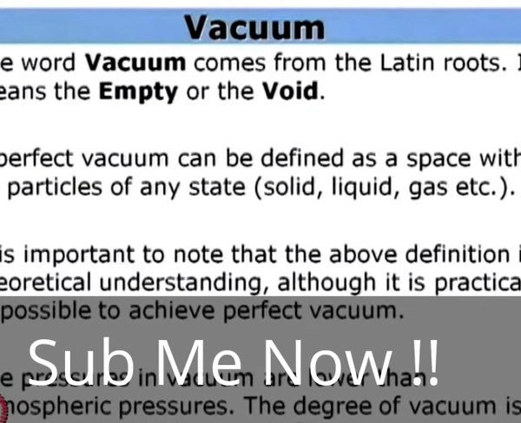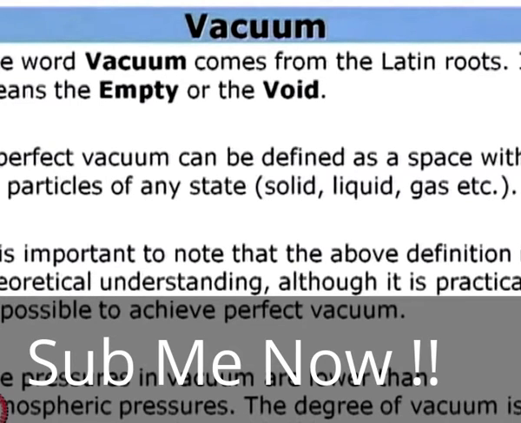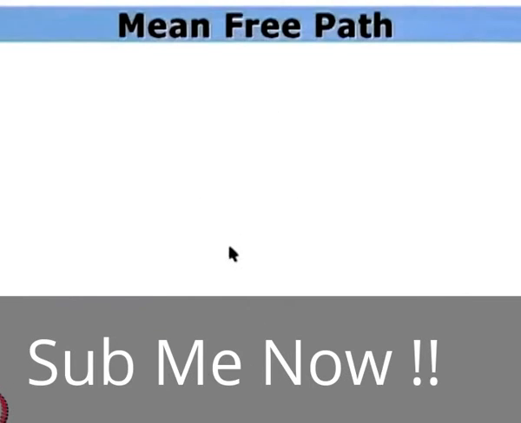The degree of vacuum is decided by the mean free path. We have touched upon lambda, the mean free path, in the earlier lecture also, and depending on the value of this mean free path, we have got different degrees of vacuum. Before that, let us understand what this mean free path is, although it has already been touched upon in cryogenic insulation. So, what is mean free path?